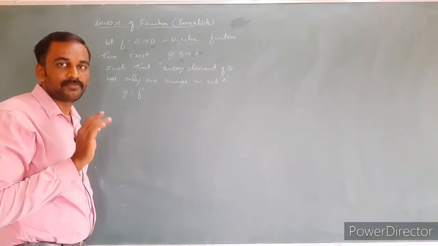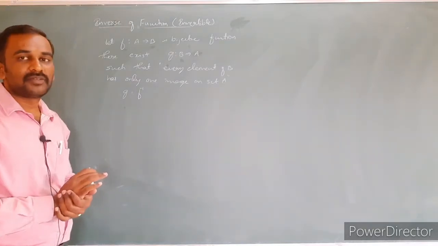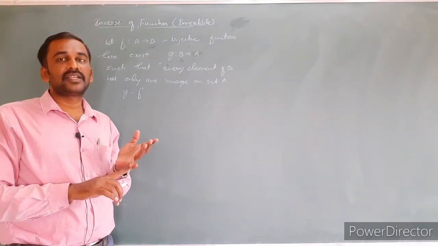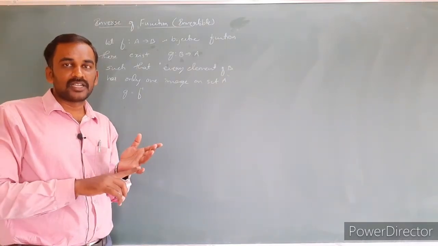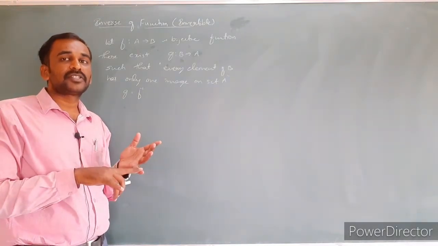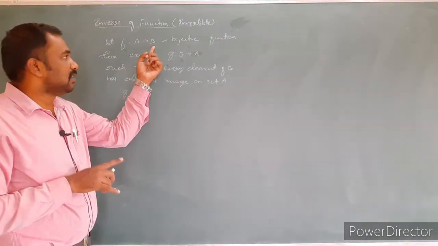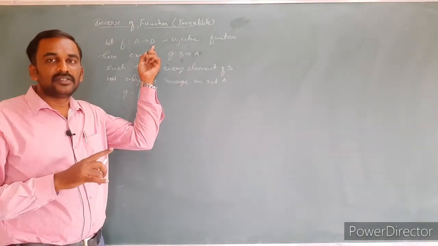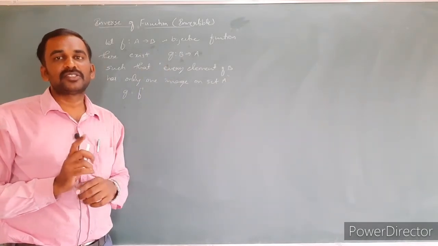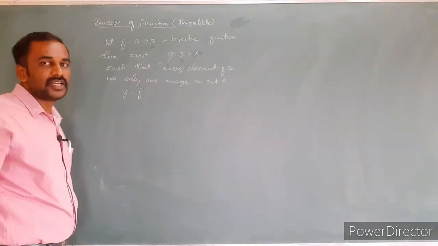Are you clear about this one? Once again, very clearly understand the definition of the invertible function. The given function must be bijective. If it is bijective, then only we can discuss the invertible or inverse, unless which is not possible. A bijective function has an inverse only when every element of the B set has a unique pre-image on the set A, then it is said to be an inverse of the given function.